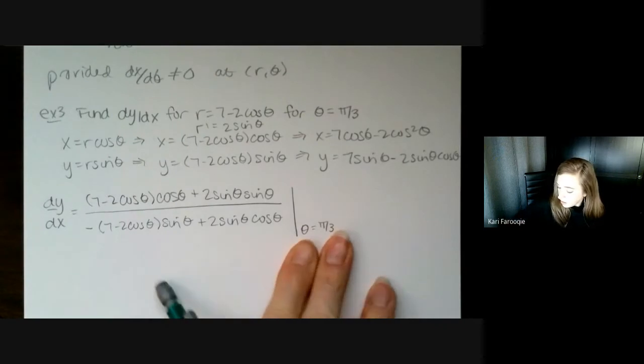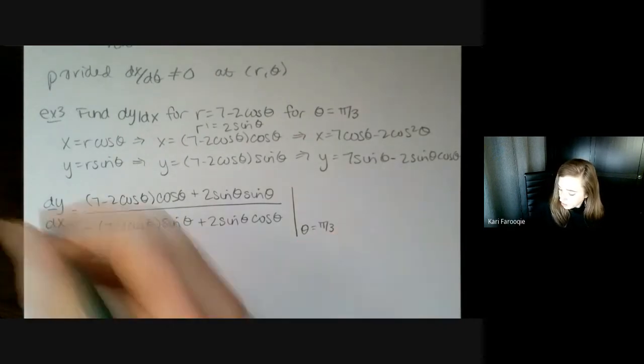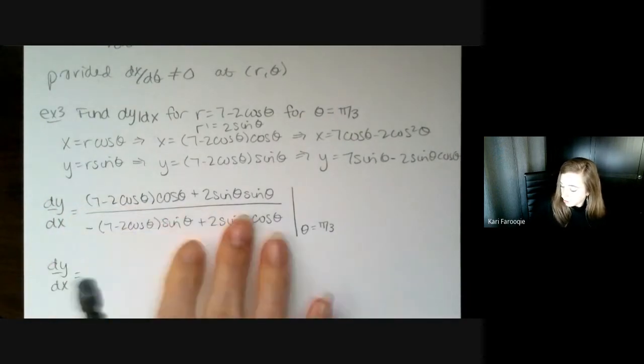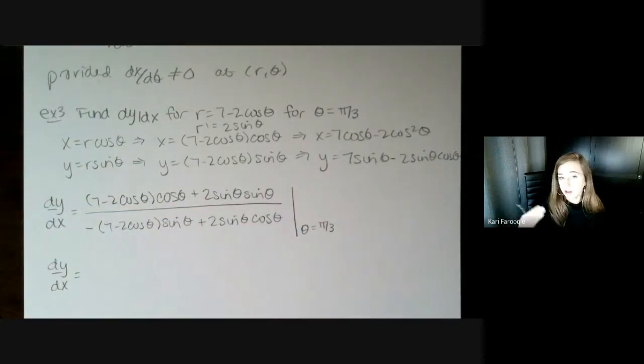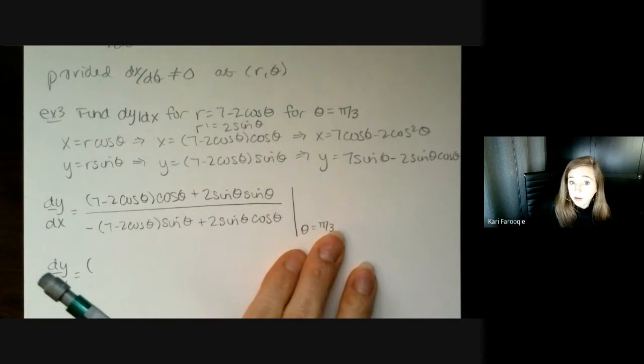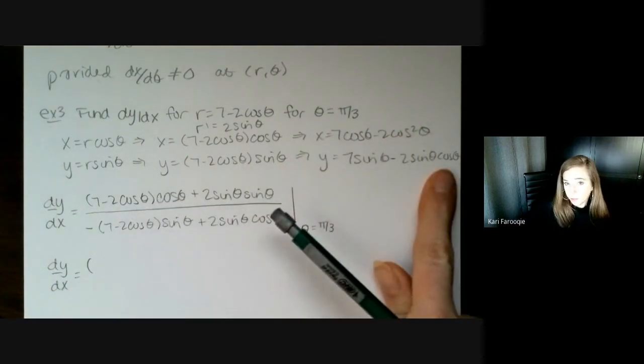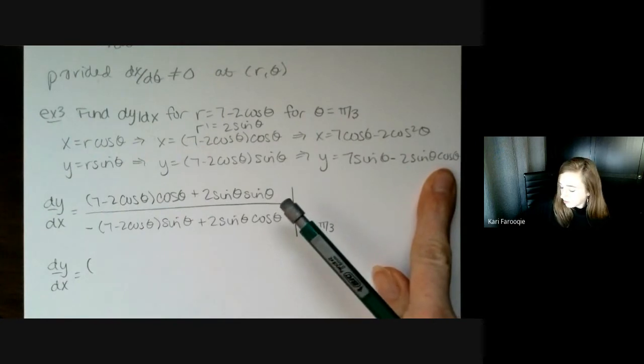So if we have theta equals pi over 3, then you're just going to find the derivative value by letting theta be pi over 3 everywhere you see theta and just evaluating this expression. So it's just going to take a minute to simplify it down. It's not really anything hard, but it's just a little bit tedious in evaluating all of these trig functions at this value.